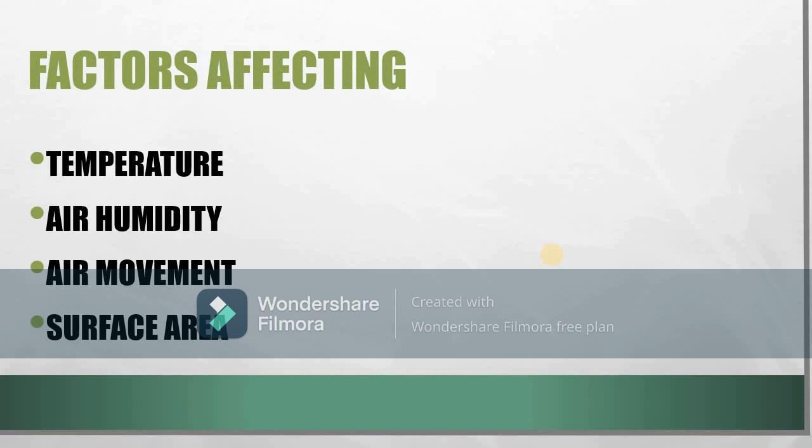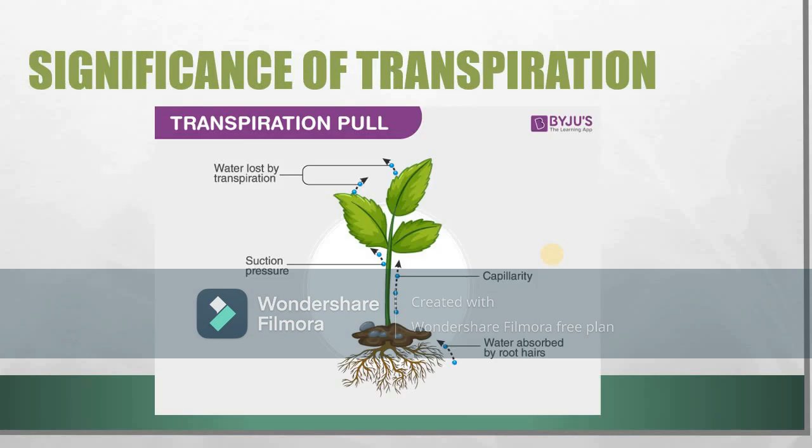Because if there is more surface area, there will be more stomata present there, and they help to lose the water faster. While in case of lesser surface area, like if there is a small leaf present, that means the plant cannot evaporate easily. In the same way, plants in the desert have lesser surface area, and they have sunken stomata, meaning they are not on the surface like on terrestrial plants. So it helps them to lose less water.